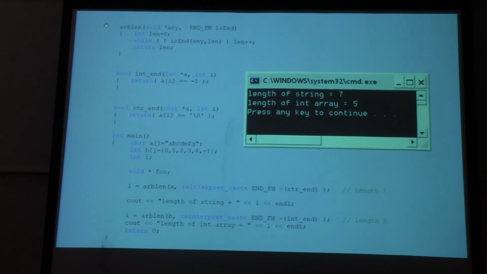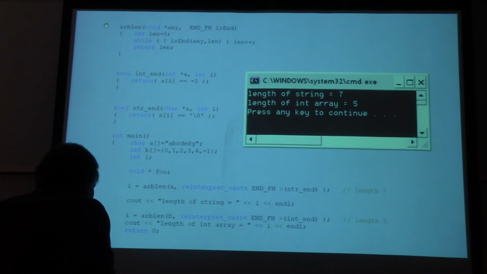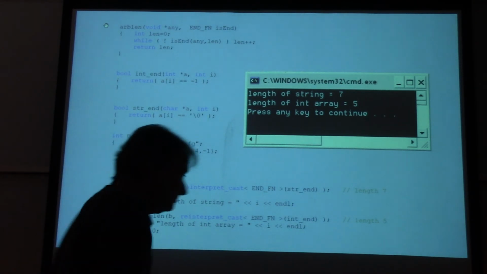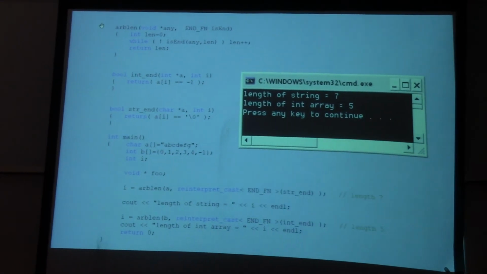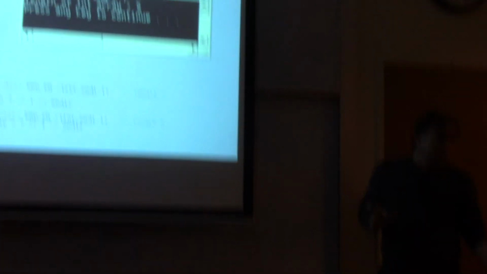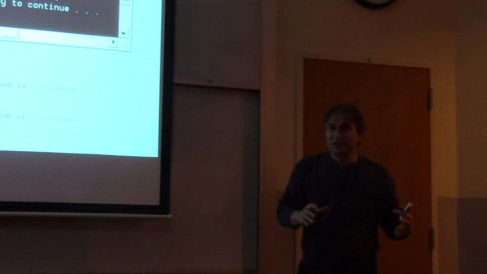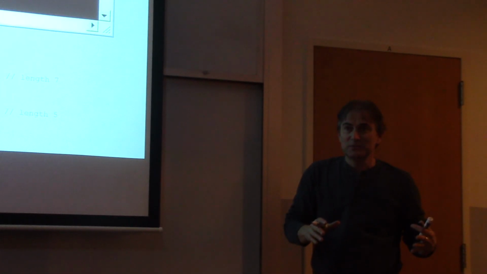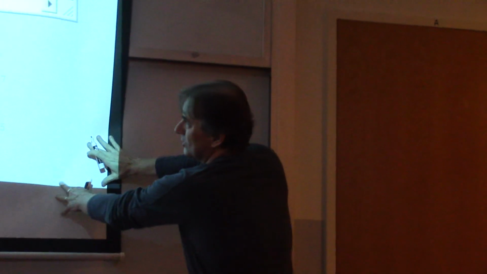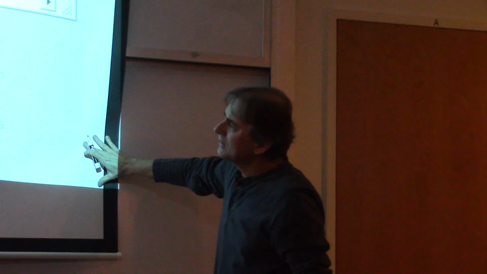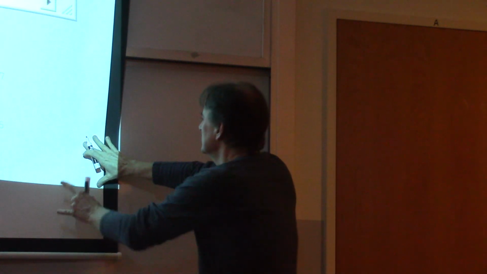How can we determine how many elements are in the array A? I will show you this. And this is, again, something I haven't shown you, but I'm going to show you now. There is an operator in C++. Actually, it's not an operator, but it looks like an operator sometimes, and sometimes it doesn't. So if I have the code char A bracket equals A, B, C, D, E, F, G as a string,